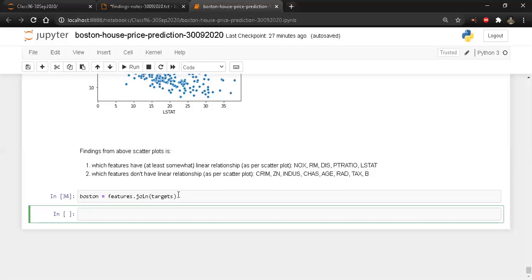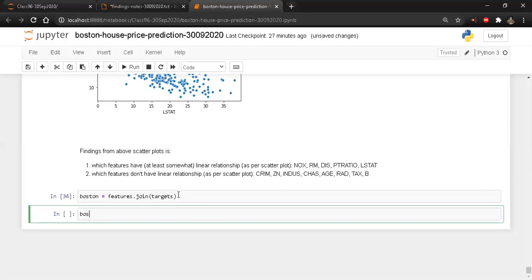Joining is where I'm joining one piece to another piece, just like using sellotape to join two pieces of paper, which I may have accidentally scraped off. I thought it's not a useful paper and I tore it, and now I realize it's a very important paper. I joined the two pieces and I'm applying sellotape from the background. So that's exactly what this join function is going to do.